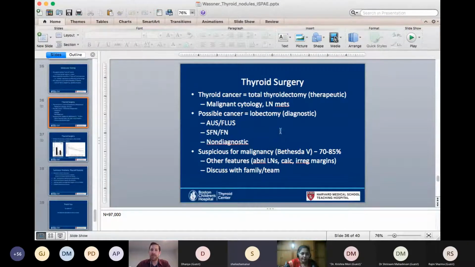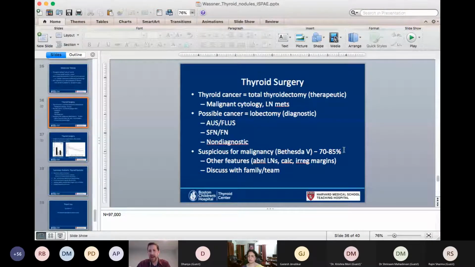If I really don't know whether it's cancer or not, then I would opt for lobectomy, which is a much lower risk procedure. I think where it becomes difficult is you have to decide how high is my suspicion for cancer. So in this category of cytology, where the risk is 70 to 80% or more, is that a sufficient risk that I should do the total thyroidectomy up front, because almost certainly if I don't, I'm going to have to go back a second time to surgery, which is just more